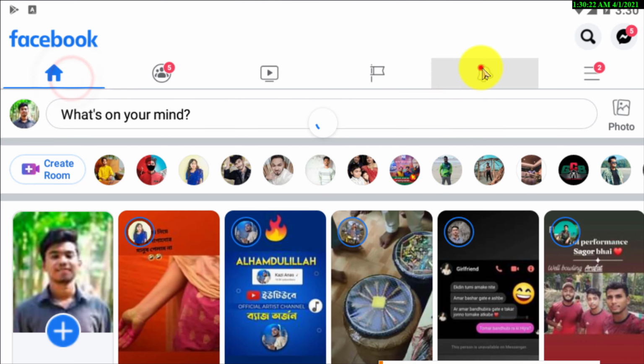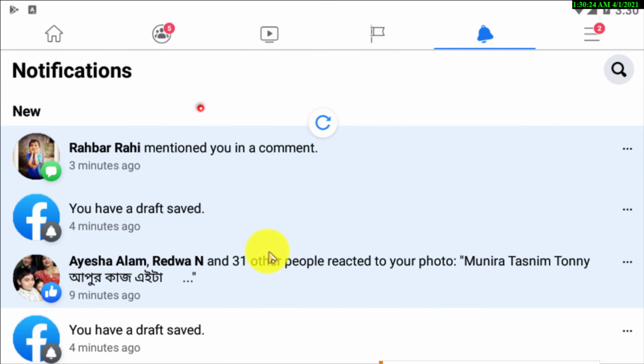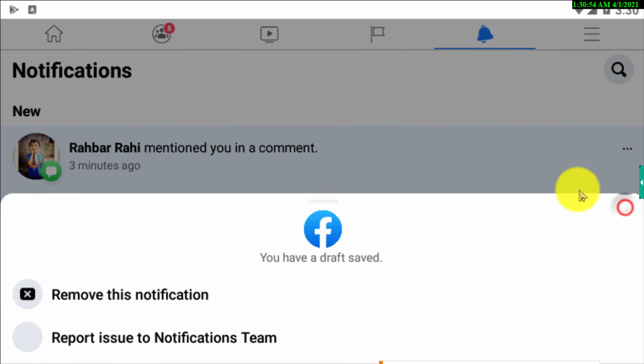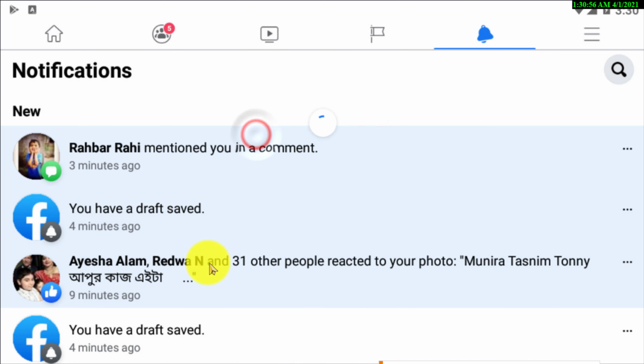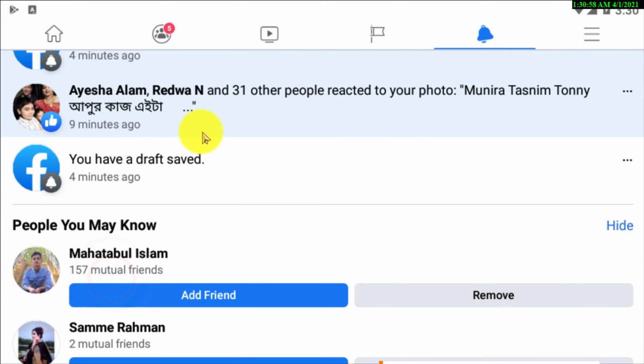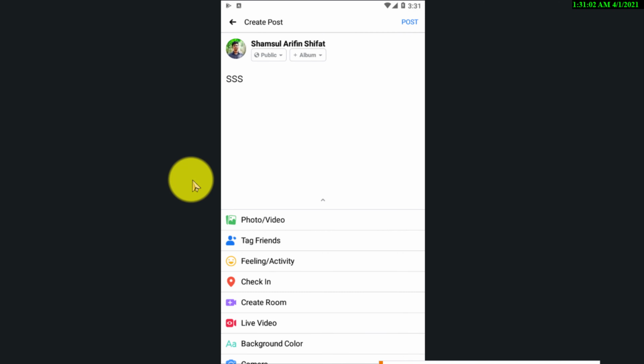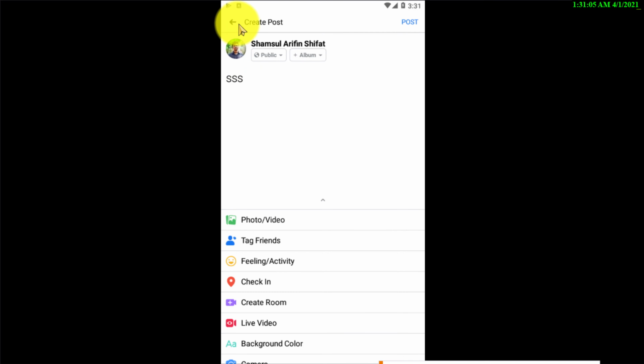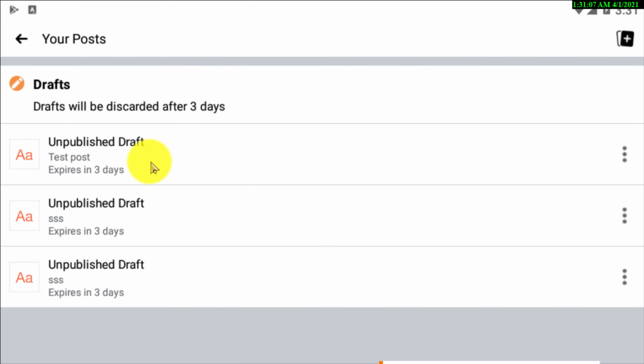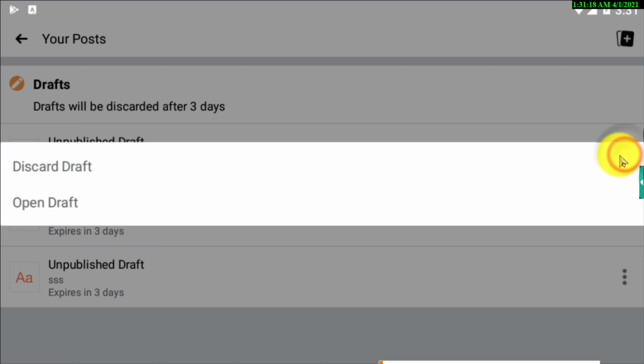Alright guys, so now if I go to notification, what you simply need to do is click on that. You have a draft saved, right? So if you click on that, here you can see this is the draft. So if I click on that back button, now here you'll be able to see all of your unpublished drafts, right? So that's how you actually can find your